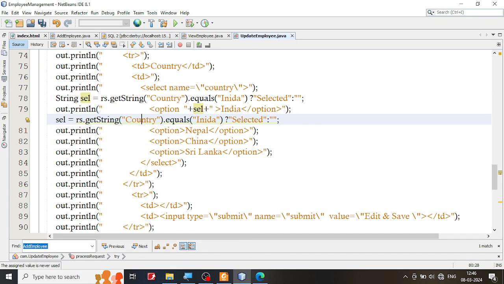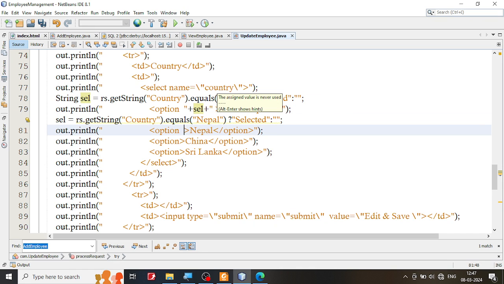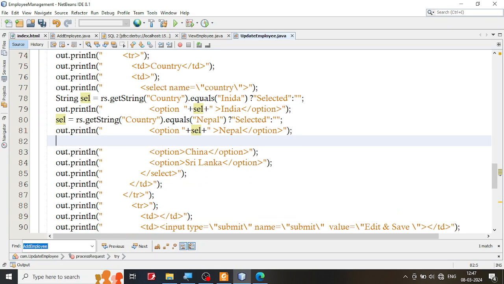If the country is equal to Nepal, you see this Nepal, then selected, otherwise blank. So here also I'm going to do the same thing. I'm not going to copy and paste it over here. I'm not going to type this whole thing. Okay, so selected, what has happened is okay, let me try it. Two double quotes, two plus sign, and the cell. Done. One more time, press enter, Control V, not sorry,